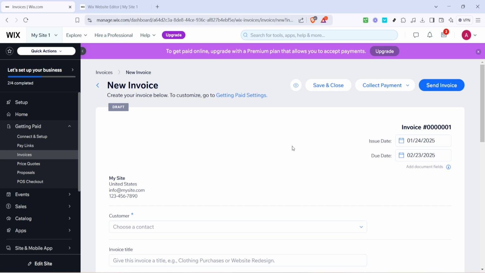And there you have it. You now have the know-how to create and send invoices with Wix, ensuring you get paid on time and keep